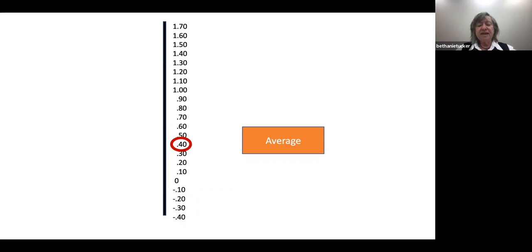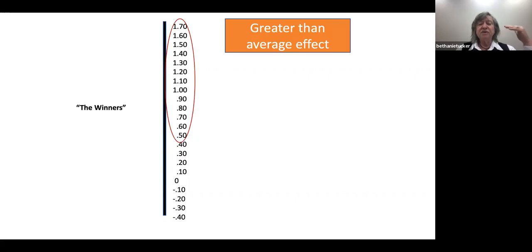0.40, according to John Hattie's scale, is the average effect size. If I could use strategies in my classroom day in and day out that have an effect size of 0.40, my students will be right on mark to make one semester's worth of progress in one semester. That's great. But as we can see, there are some numerals much higher than 0.40. And our goal is to select strategies that fit into the greater than average category. John Hattie calls these the winners,